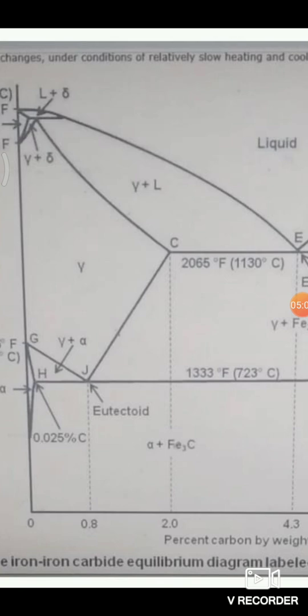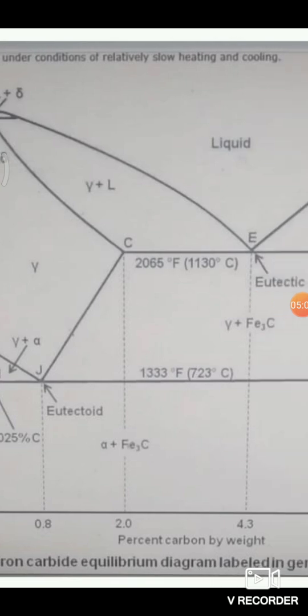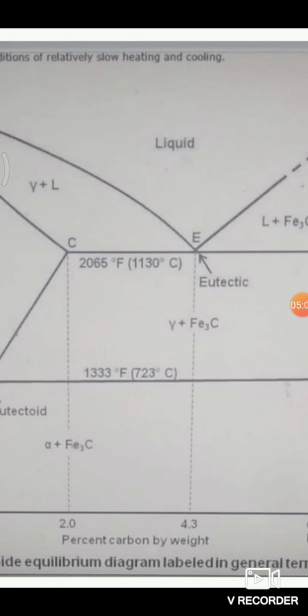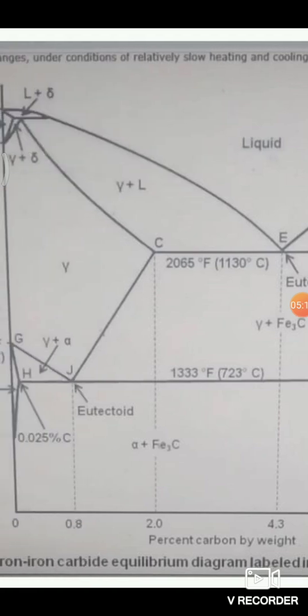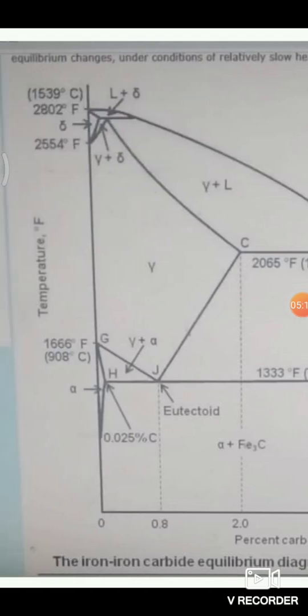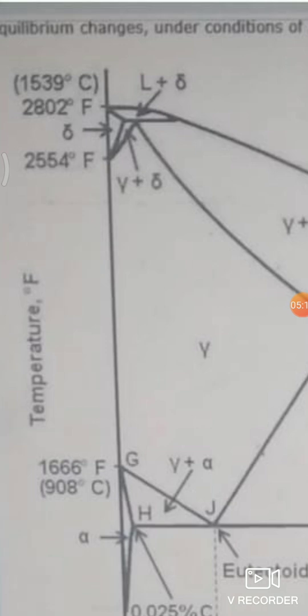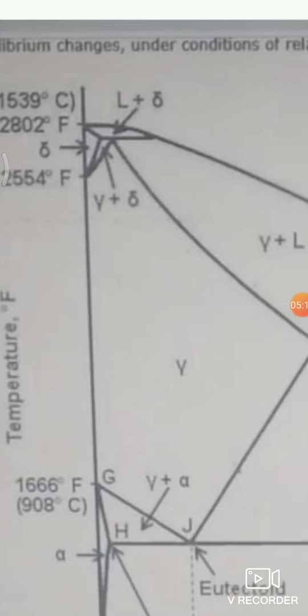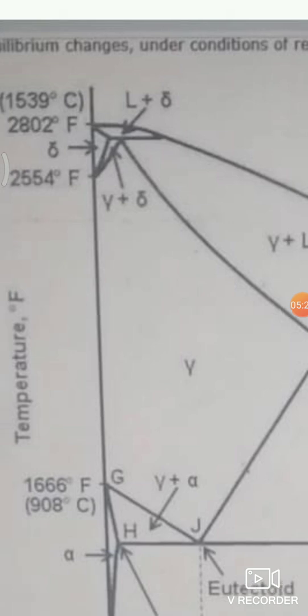But beyond this 1140 or 1130 degrees Celsius, that gamma austenite is having another liquid phase also. So you can see at around this 1539 degrees Celsius, at this higher temperature line, this gamma austenite is converted into the delta ferrite, and again the crystal structure changes from FCC gamma austenite, face centered cubic crystal structure, and is again converted into the BCC body centered cubic crystal structure.